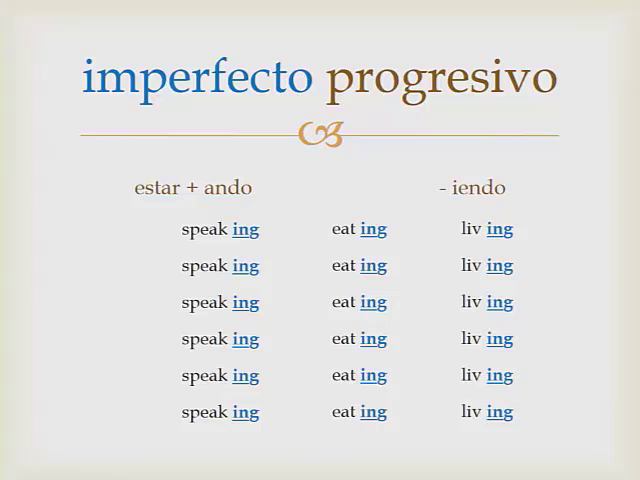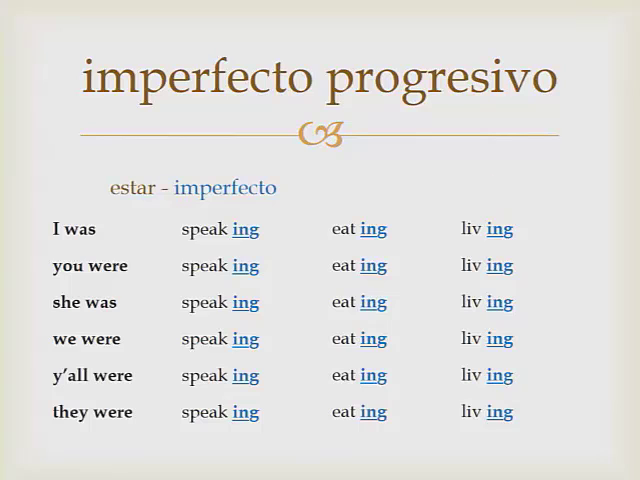I was speaking, eating, and living. You're going to put estar in the imperfect. I was speaking. You were speaking. She was speaking. We were speaking. Y'all were, and they were speaking. You know already how to put estar in the imperfect. Estaba, estabas, estaba,